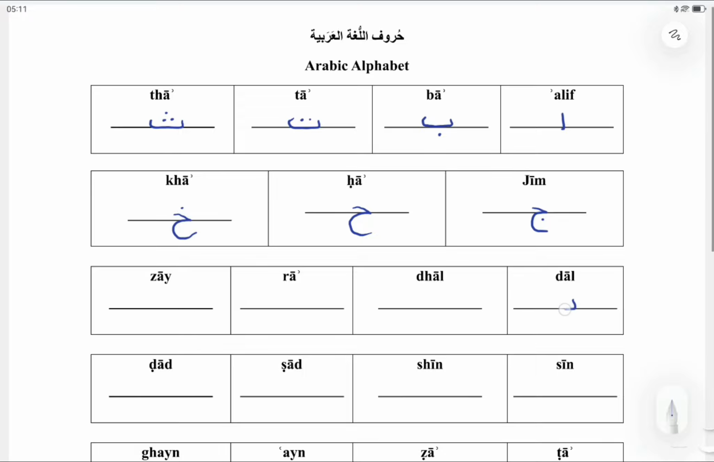Dal, Dhal, Ra, Zai, Sin, Shin, Sad, Dad,